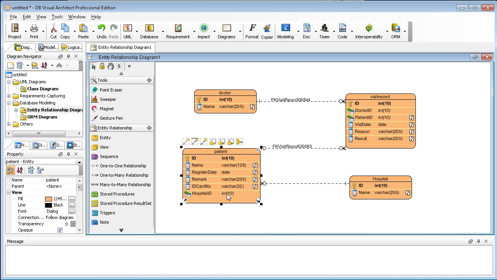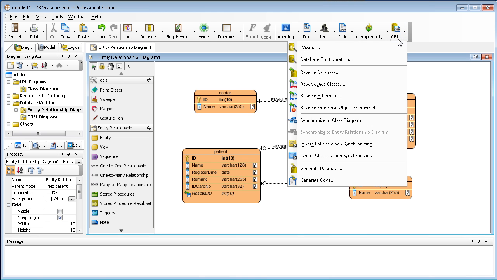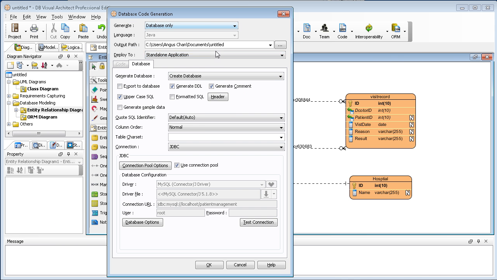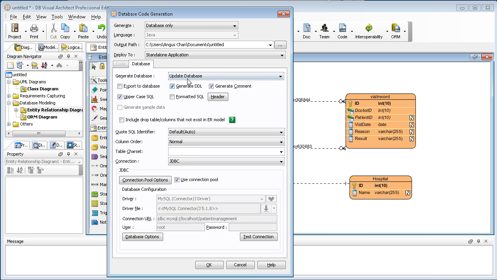Okay, the hospital ID. Now I have modified the database, and I can generate the patch script by using generate database. In the generate database dialog box, I can select the generate database option update database. Then it will generate the update database script.